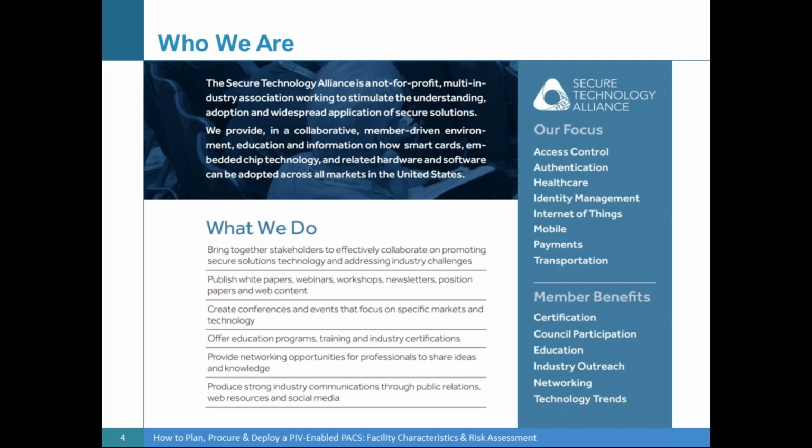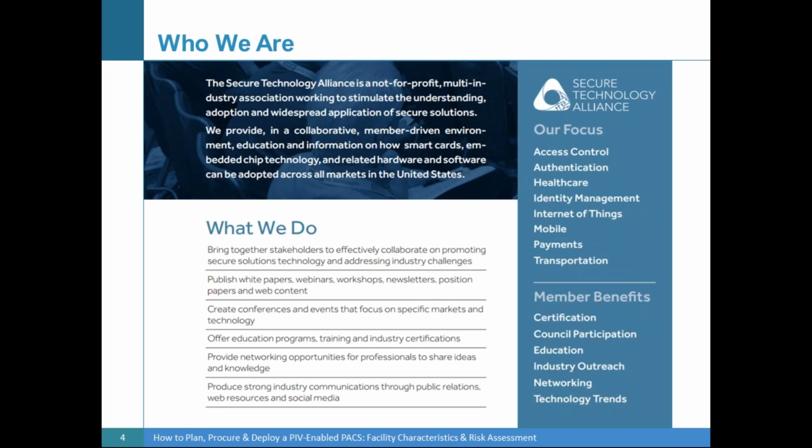Now that's a pretty broad mission, but if you look on the right side of the screen, you'll see that the principal markets that we focus these activities towards include access control, authentication, healthcare, identity management, the Internet of Things, mobile, payments, and transportation. As a cross-industry, member-supported organization, we do the following things to educate and stimulate